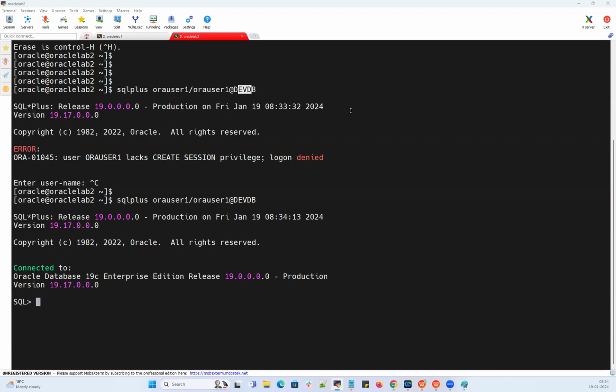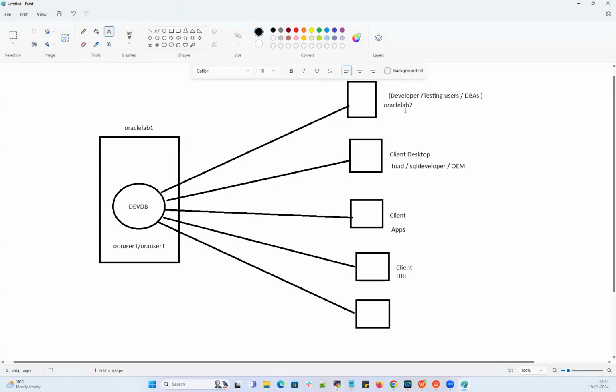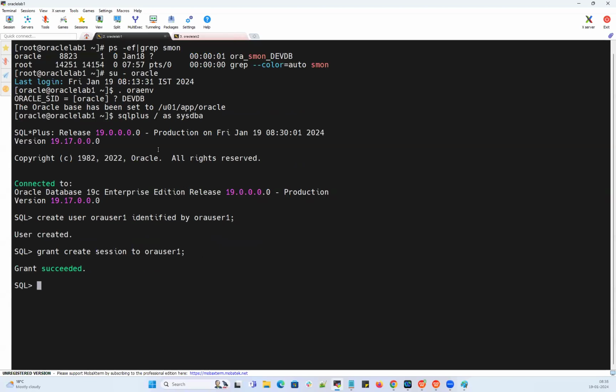But ideally, it is meant for developers or the test users. We DBAs will not connect from this lab to. We DBAs will have direct access into my server lab 1. We'll connect to lab 1, and then once we connect to lab 1, we'll directly use something called, right now, let's see here,